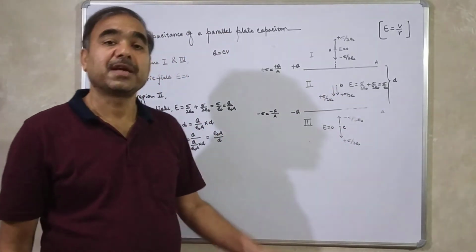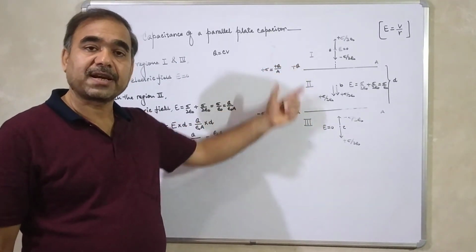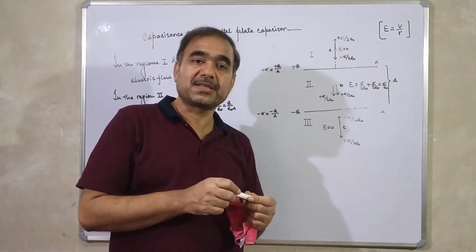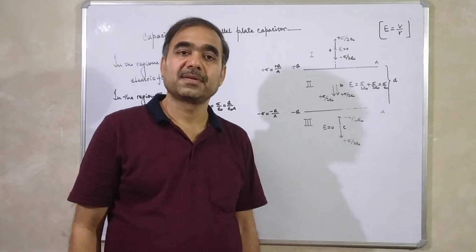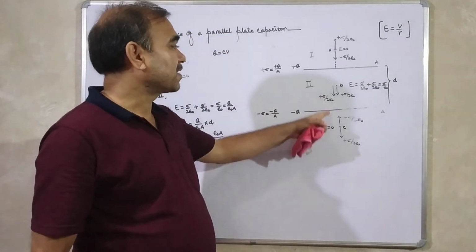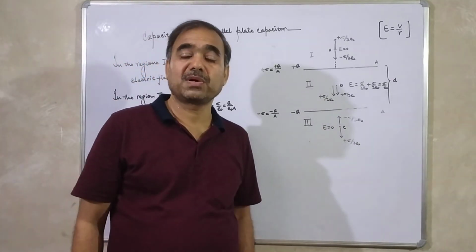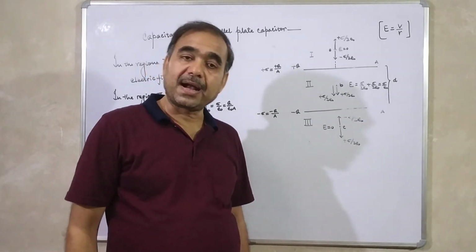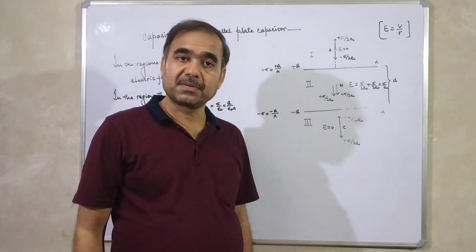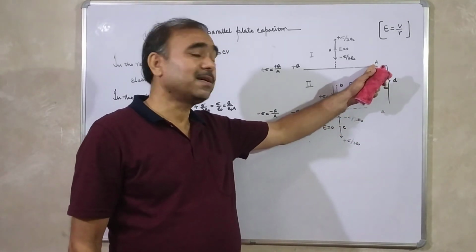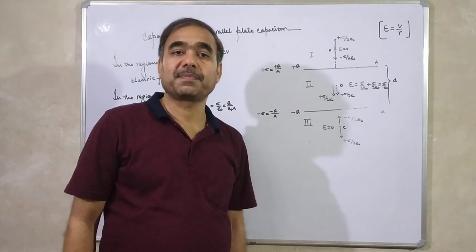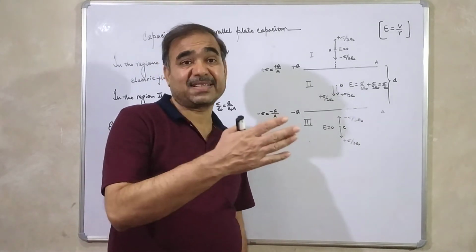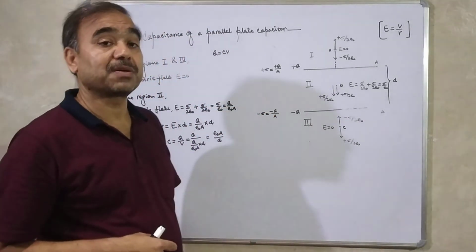Okay students, is there any problem? If you have any problem, you can ask, or just in short, once again I will explain here the capacitance of a capacitor, how it is found out. We just take parallel plates of capacitor. These are two plates of capacitor. If there is charge plus Q on one plate, on the other plate it will be minus Q. And area of both the plates should be taken equal. If area of plate is A, and distance between the plates is D, then we find the electric field in the exterior and interior of the plates of capacitor.